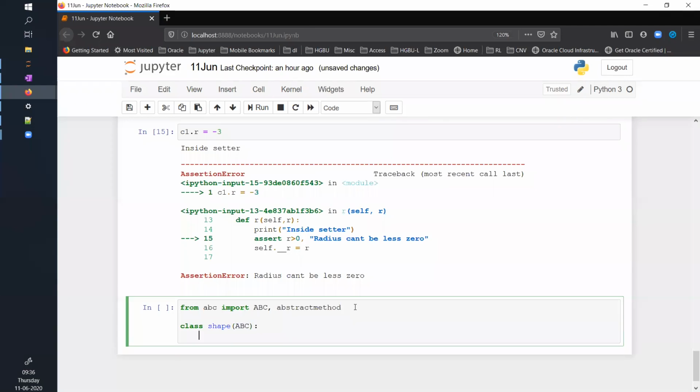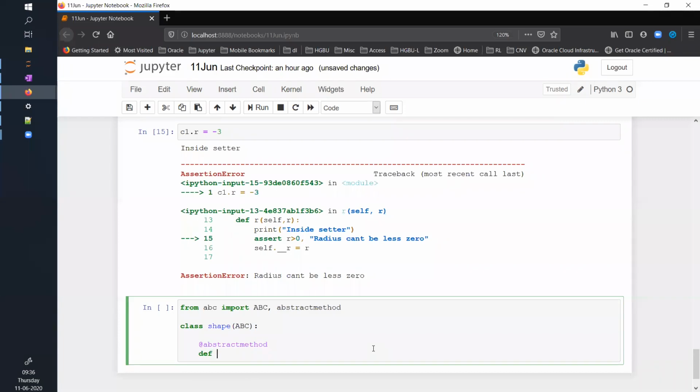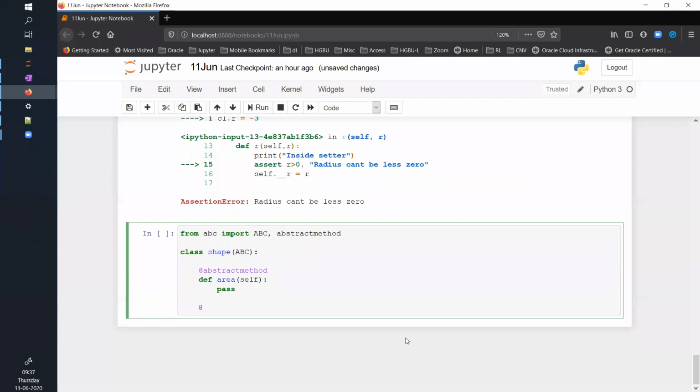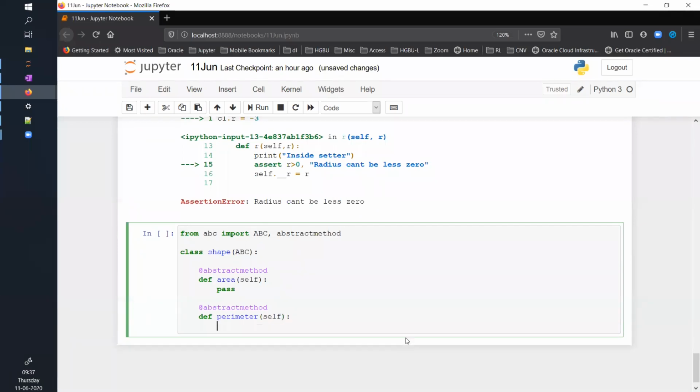Now I will create all the functions which I think are there. I will use the @abstractmethod decorator, and then def area(self), no attributes, and simply pass. Similarly, @abstractmethod, def perimeter(self), and pass.